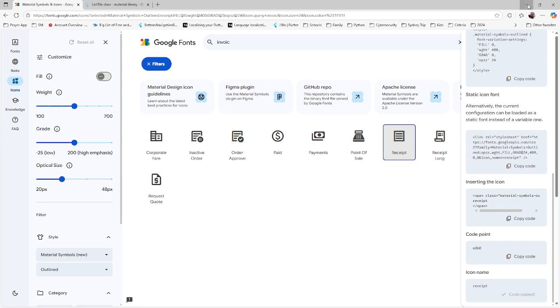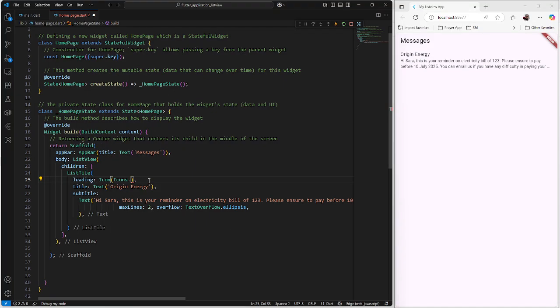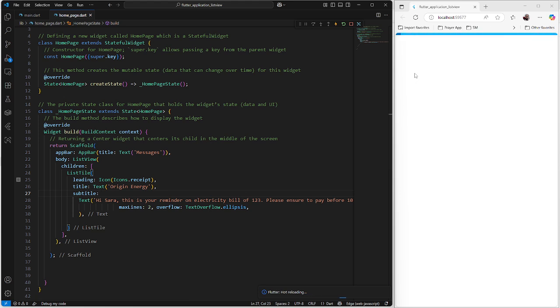Now go back to our code here. So icons dot, that's the name we want to give, receipt. Okay, if I just save it, that's a leading, which means it should come at the front. Now you will see that there's a beautiful icon on the left at the beginning, there you go, that's the icon. And you might also see that, if the users can click and go forward maybe to the next page